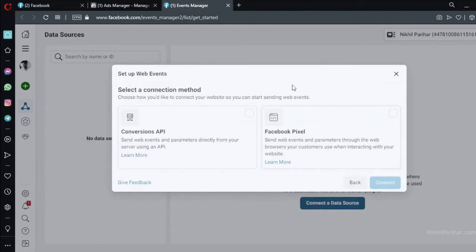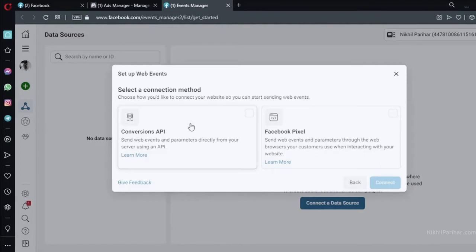It is going to give me two options here, Conversion API and Facebook Pixel. Conversion API is a little complex to install right now. You will need a developer's help for Conversion API. And I think these days it is important also to understand Conversion API, but that's a very advanced level tracking option. After the iOS 14.5 update, where Facebook cannot track the data on iOS, it is all the more important to understand Conversion API and eventually go into that.